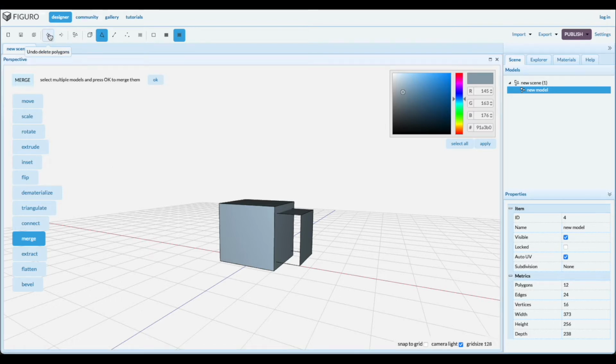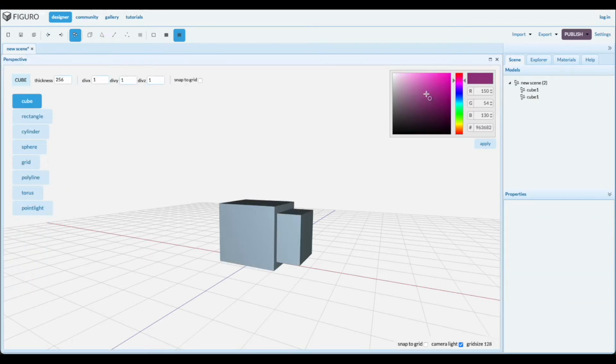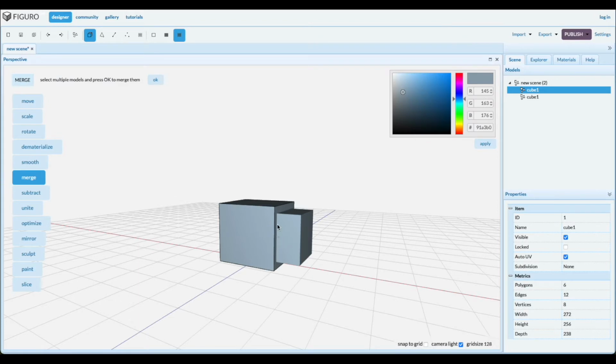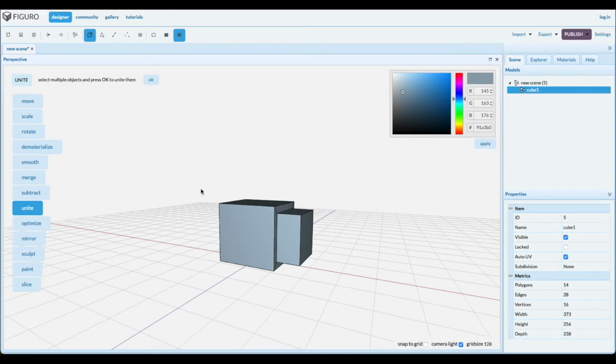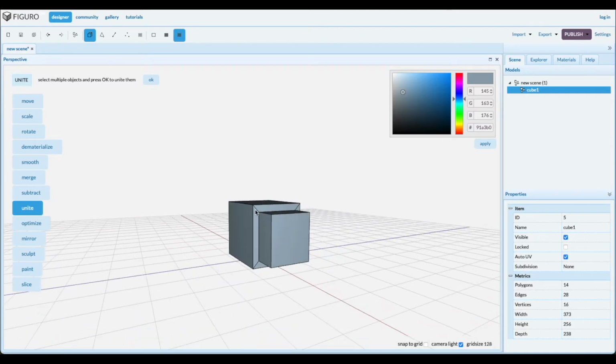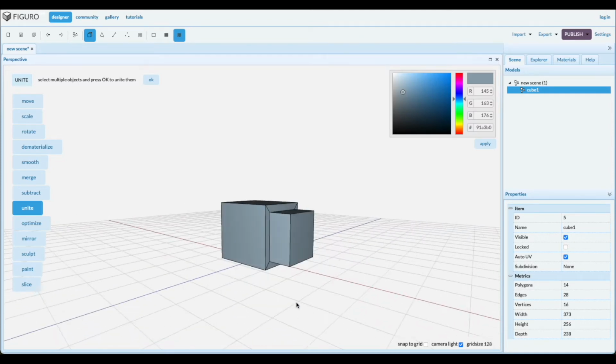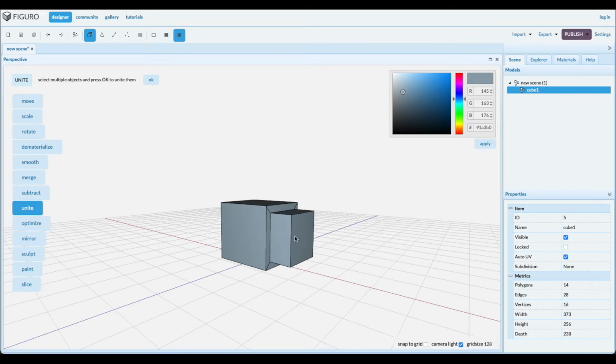Now let's contrast this with unite. So I'm going to go back to the 2 cubes. I click on the big one, I control click on the little one, and I unite. Unite creates a new object as well, and you can see it changed the geometry. With unite it doesn't group the objects, instead it tries to create truly a new object. And how do I know this? Let's go back to polygons